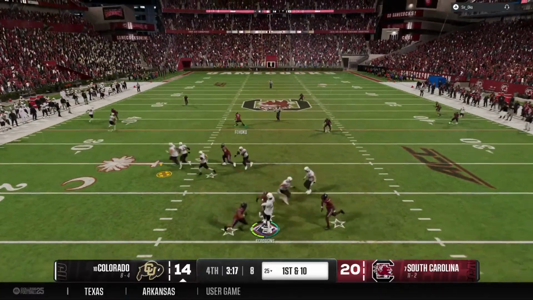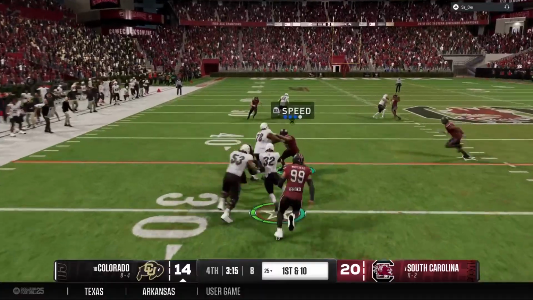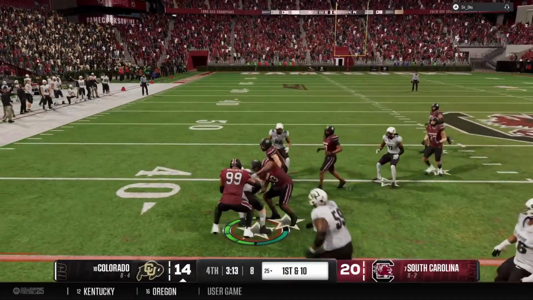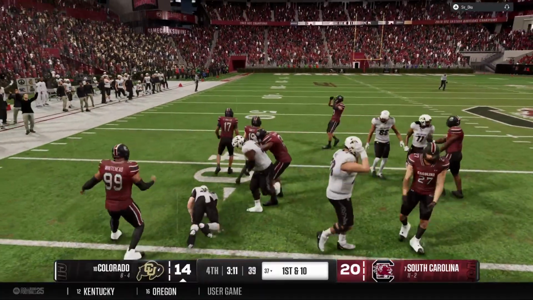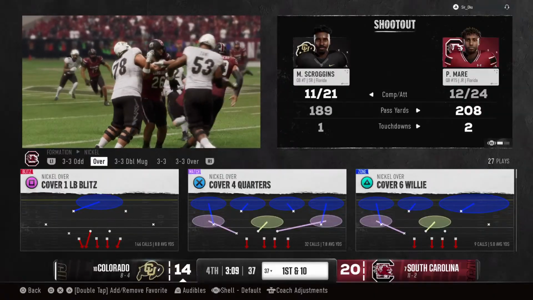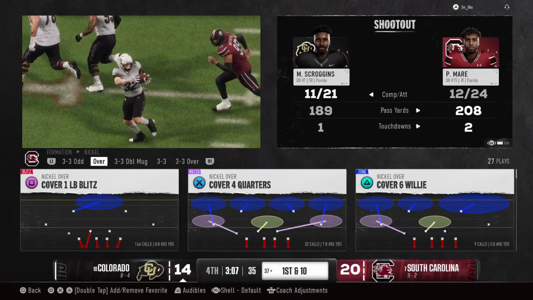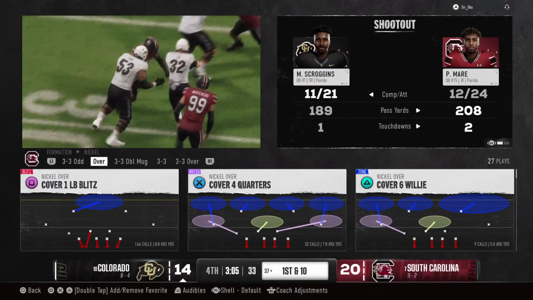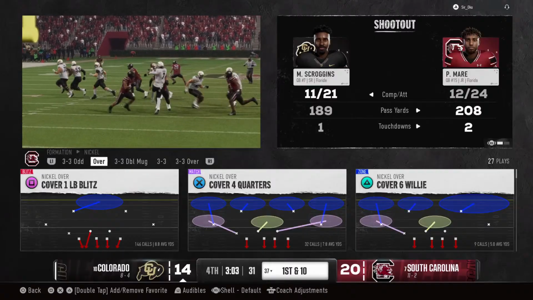First play of the drive, they're going to throw the football. Here's a screen pass to the running back. And they're finally able to stop him. But great execution on the screen pass. Fooled the defense there. Well, this is great execution here on this screen play to the running back to pick up big yards and a first down.